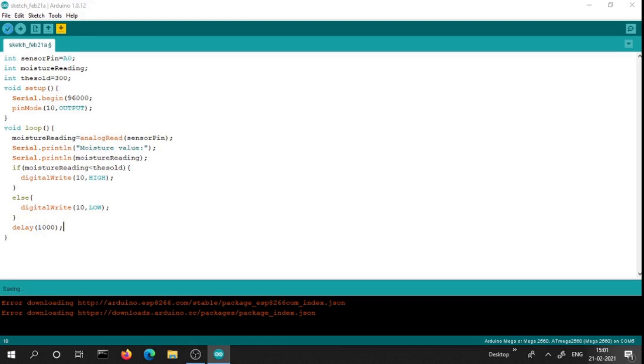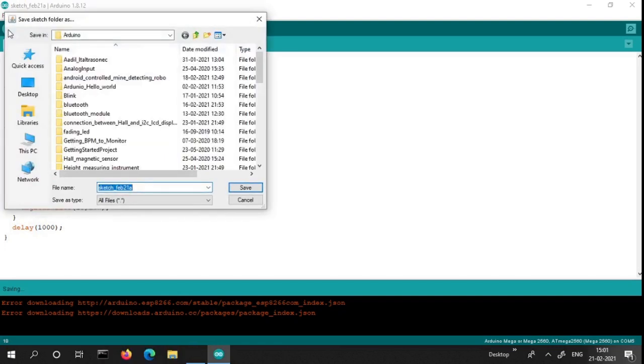Now we are saving the program as soil humidity sensor, and since we are coding the analog program, we also mention analog reading.